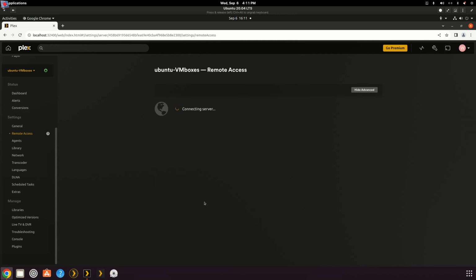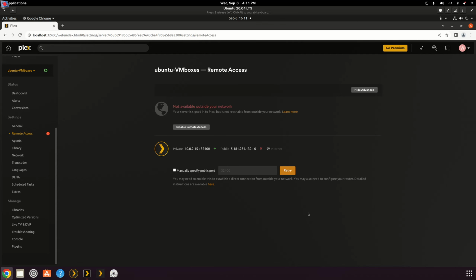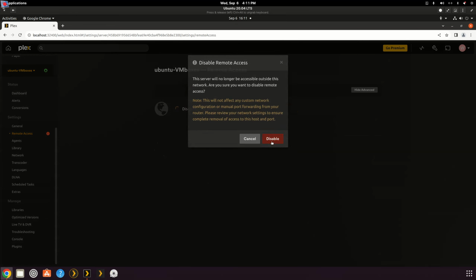But you would simply apply the external port number that you set up in your router in the field that was here, so you click the manual specified port, you'd put in the forwarded port, and you'd hit retry, and after a little bit it would say available outside your network. So I'm just going to disable it with this test install,